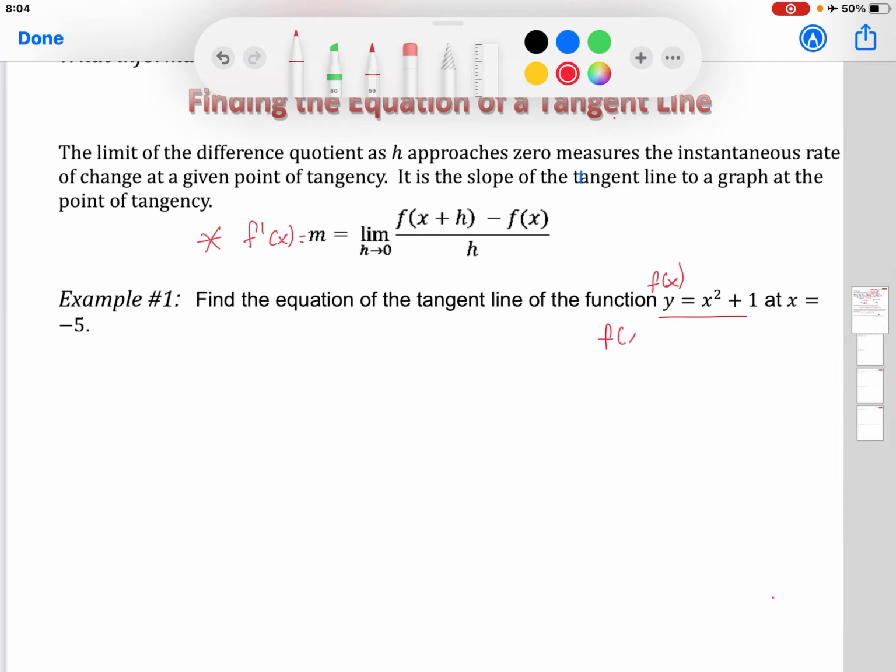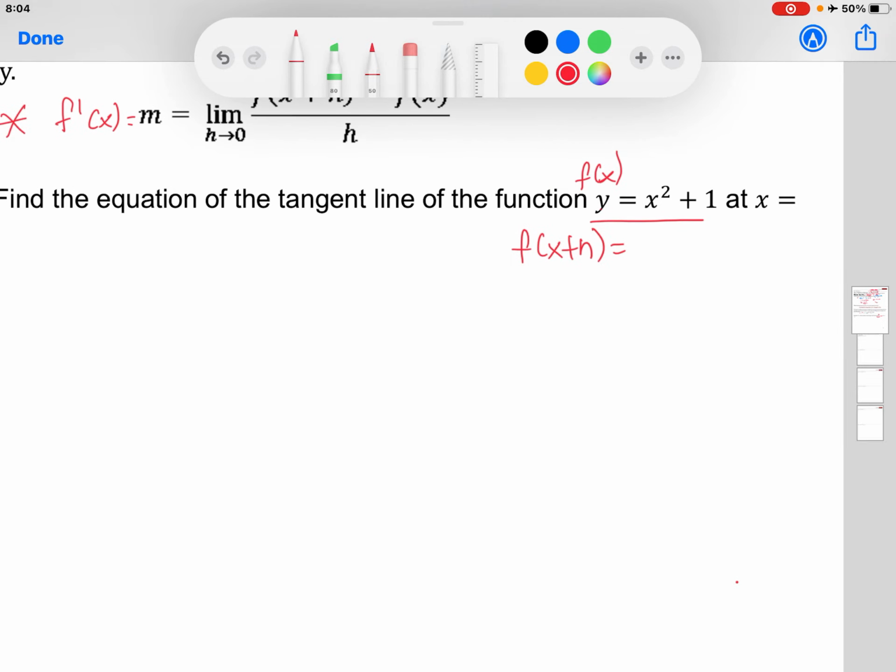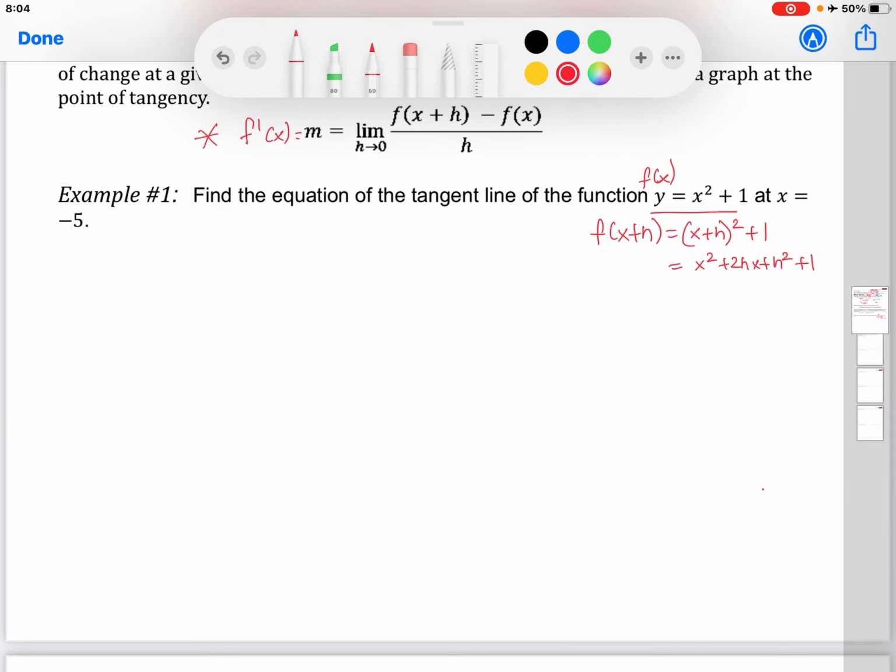I'm going to first find, y is the same thing as f of x. So I'm going to find f of x plus h, which would be, I'm just going to zoom it in here, x plus h squared plus 1. And that would be x squared plus 2hx plus h squared plus 1, right? So now all I'm going to do is substitute in. My m is equal to,